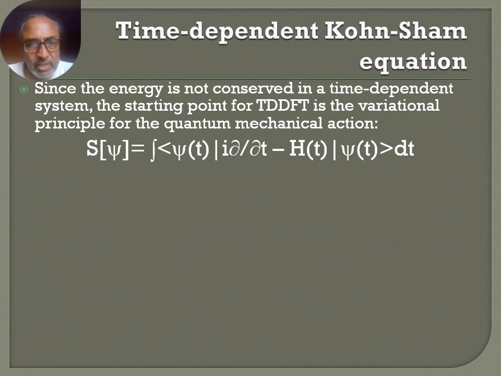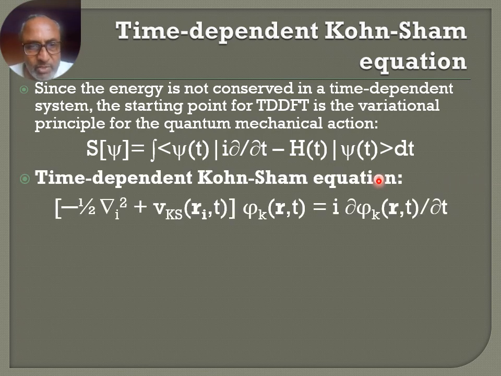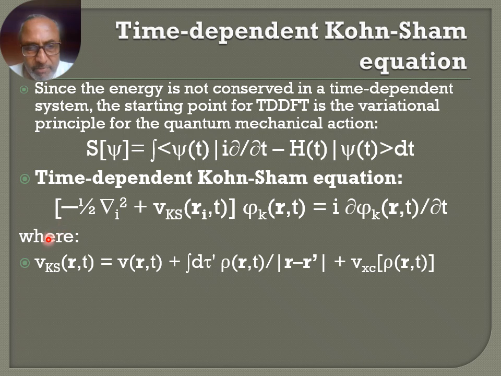Since the energy is not conserved in a time-dependent system, the starting point for TDDFT is the variational principle for the quantum mechanical action, which is the time integral of the expectation value of i ∂/∂t − H. This leads to the time-dependent Kohn-Sham equations: (−½∇² + V_KS(r,t)), that is the effective time-dependent Kohn-Sham potential, operating on φ_k(r,t), the time-dependent Kohn-Sham orbitals, equals i ∂/∂t φ_k(r,t), where the effective time-dependent Kohn-Sham potential is given by this expression,